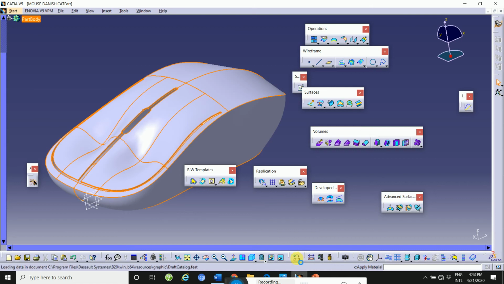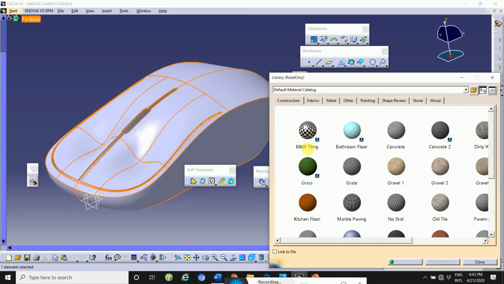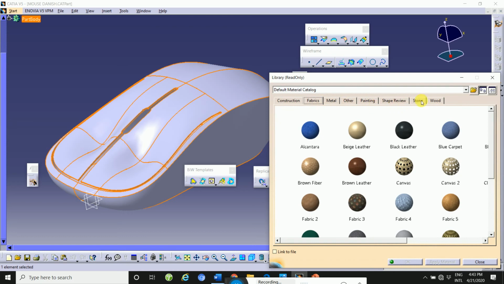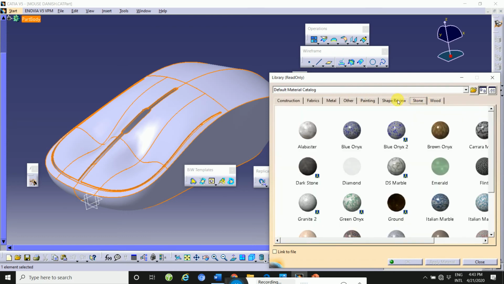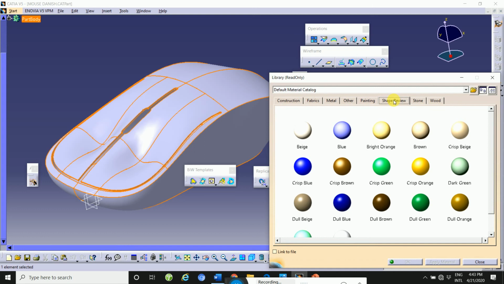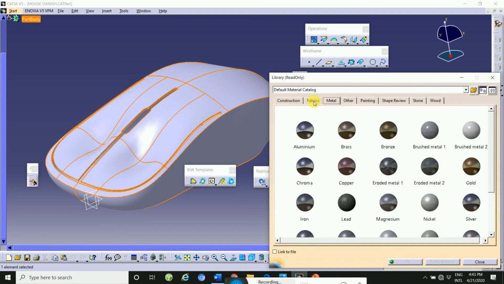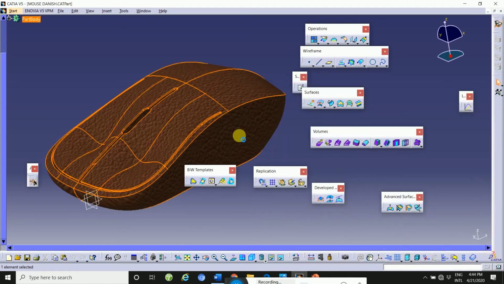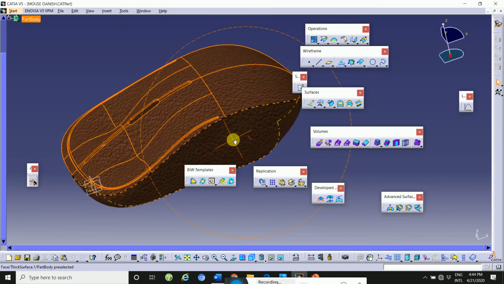So click here and then select plastic, fabric, stone, or any one, then apply material, then okay.